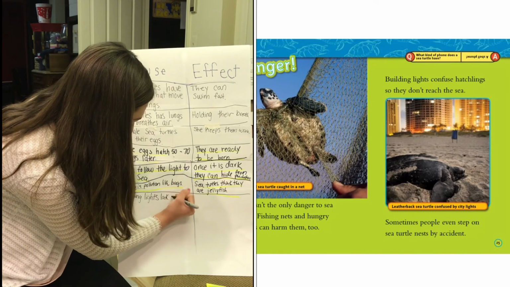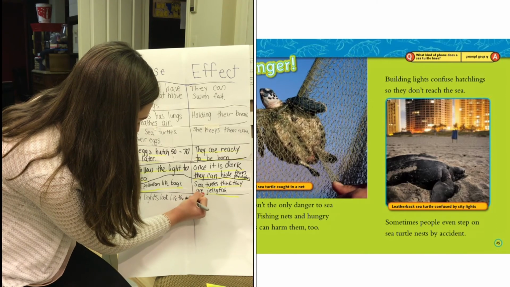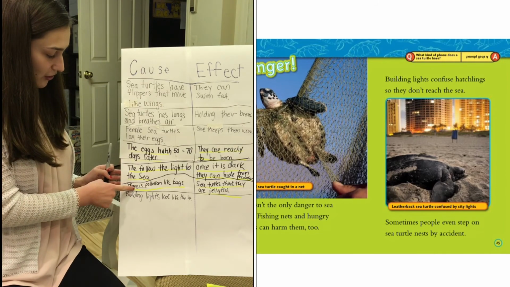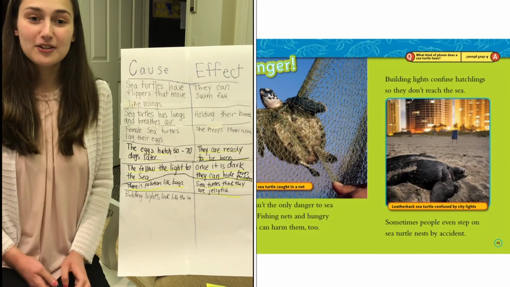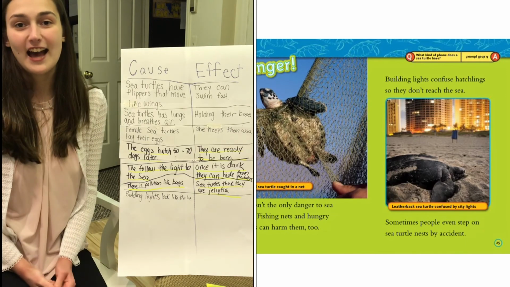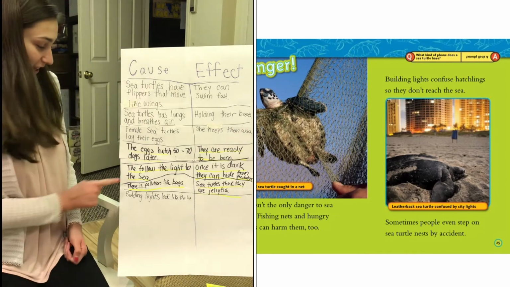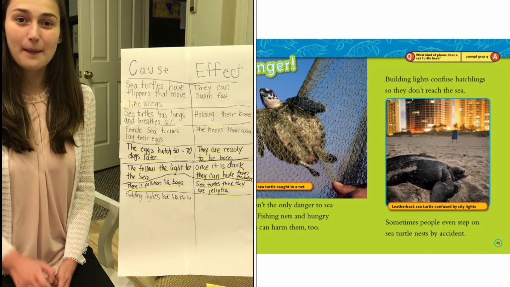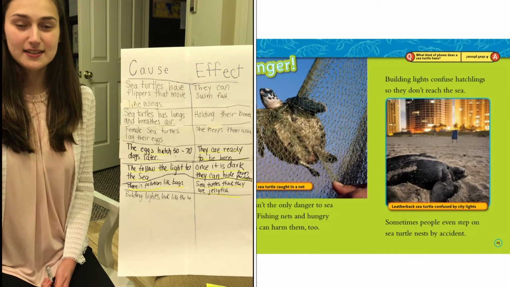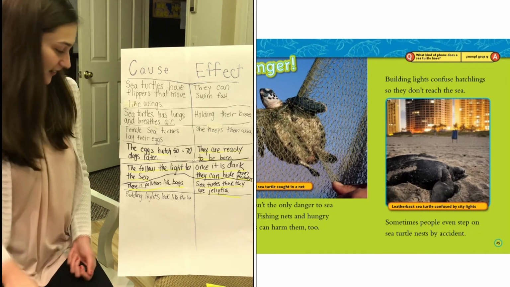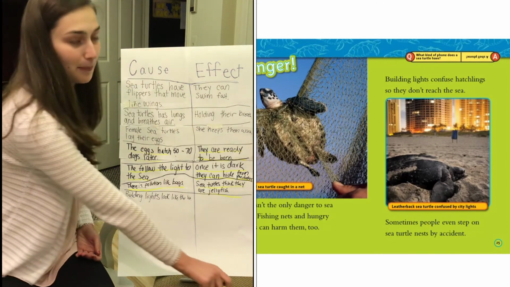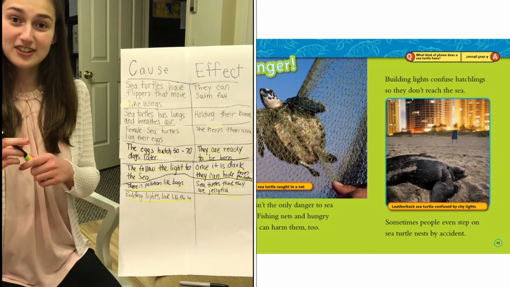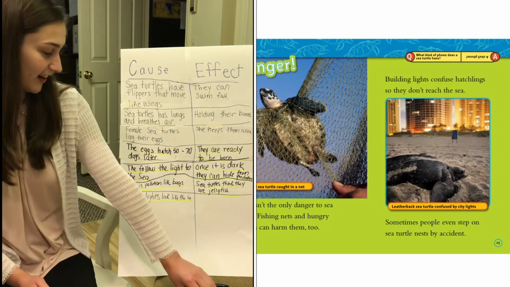Building lights look like the sun. Okay, boys and girls, we are on the fourth one on your paper. Count with me. 1, 2, 3, 4, the fourth one. The building lights look like the sunlight that leads the hatchlings to the ocean. So we're looking for the word building. Building. Okay, let's sound it out. B-u-il-d-ing. Building. Very good. So let's highlight or point to building lights look like the sun that lead the hatchlings to the ocean. Very good.